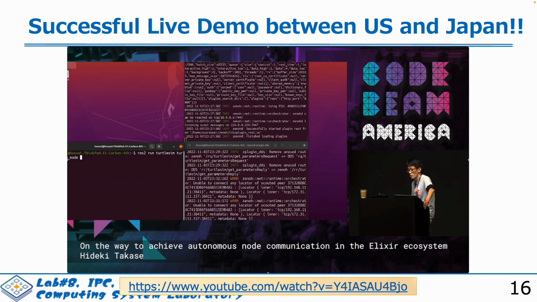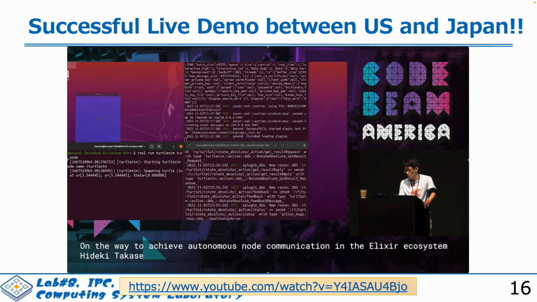And there are 3 terminals. In the first terminal, he is connecting to the Azure VM and launching the Zenoh router. And in the second terminal, Shintaro is running the Zenoh DDS plugin on his laptop. Of course, I don't know the IP address of his laptop. Now, please bring up the TurtleSim node on your laptop. Okay. I execute two commands again and operate the joystick.